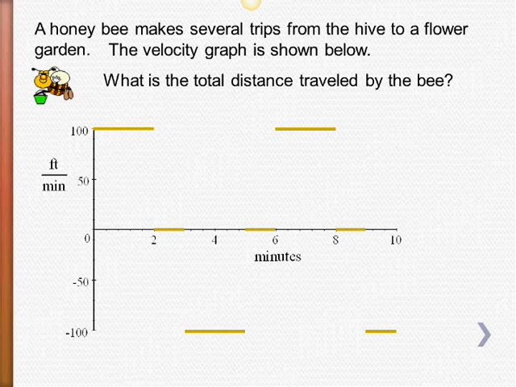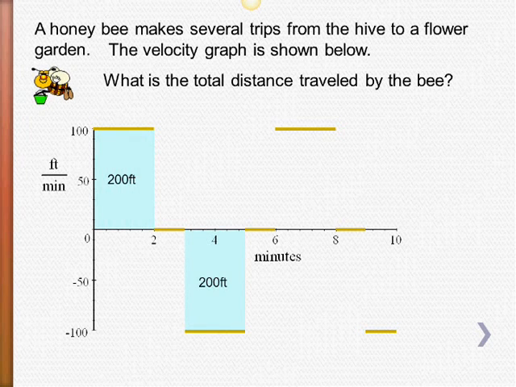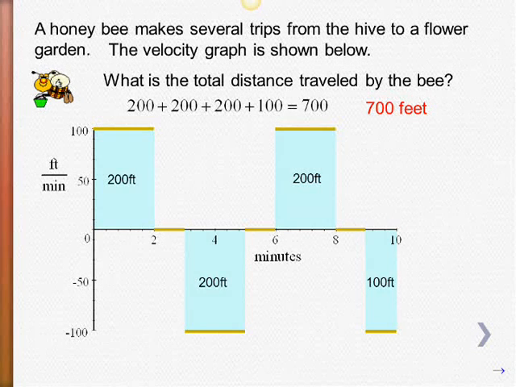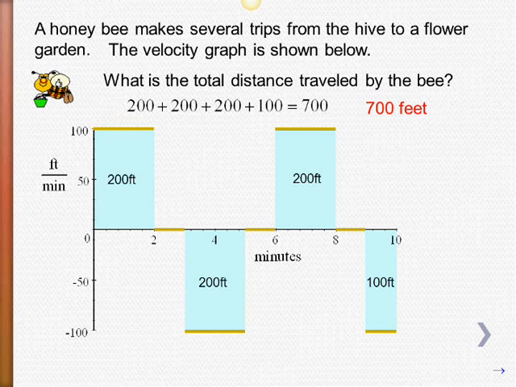What is the total distance traveled by the bee? This looks like a problem we had recently when I asked you to find total distance when you were given a graph. We know that total distance would be the total area of the curve to the x-axis, taking into account both the positive and negative values here. So total distance would be making all of those values positive and then adding them together. So we can see that the bee traveled 700 feet total